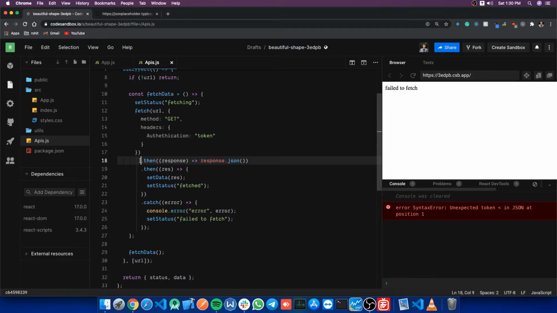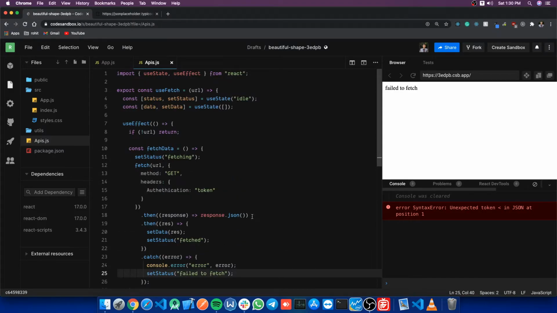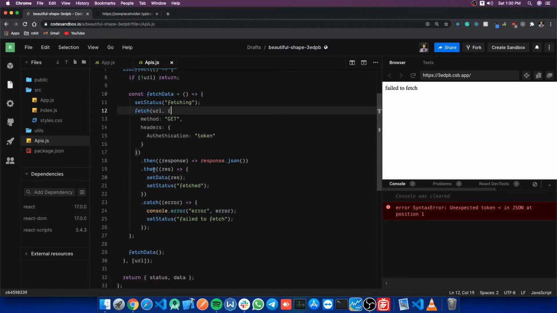So on line number 18 we get an error, and we skip all of this and simply come to line number 23, catch, because we caught an error, and the console.log error we got here is unexpected token in JSON at version 1, because it is not a valid object that you can convert into JSON. So this was a simple fetch function using .then and .catch.